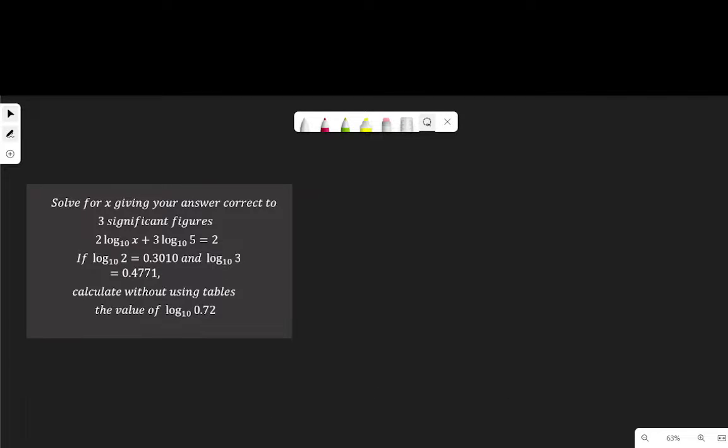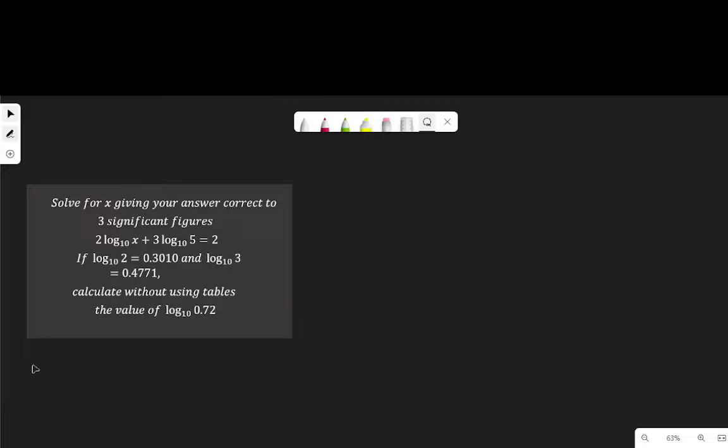Hello viewers, in this video we're going to solve these two logarithmic questions. The first one says solve for x, giving your answer correct to three significant figures. The question says 2 log x to base 10 plus 3 log 5 to base 10 is equal to 2. That's question number 1. And the second one is if log 2 to base 10 is equal to